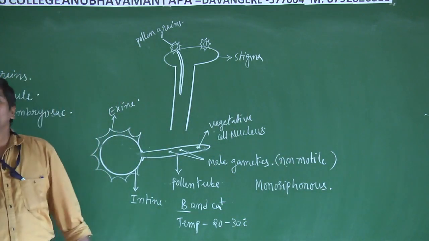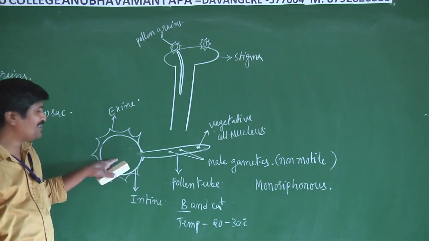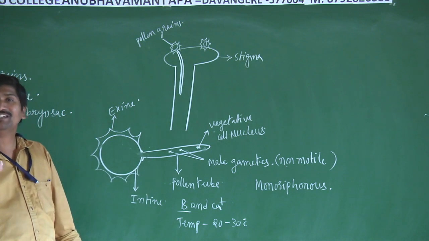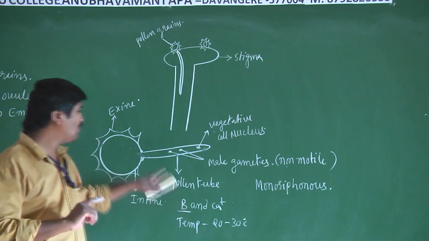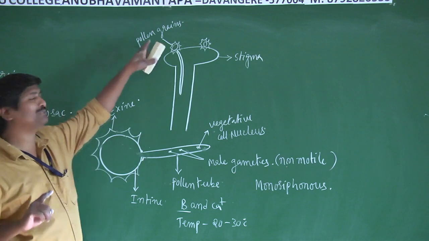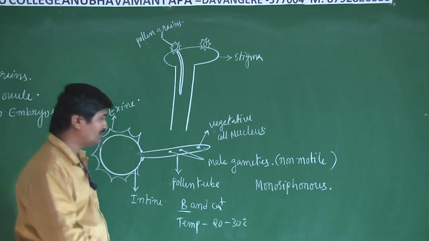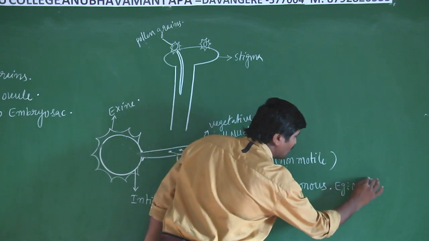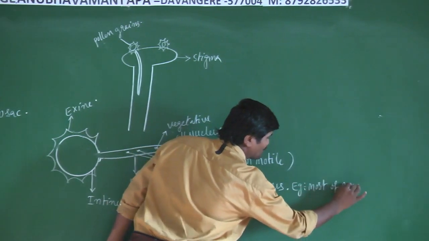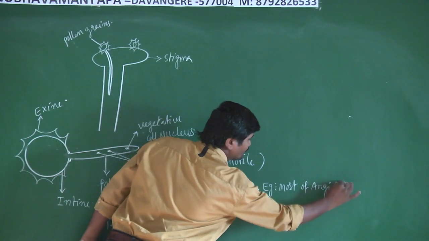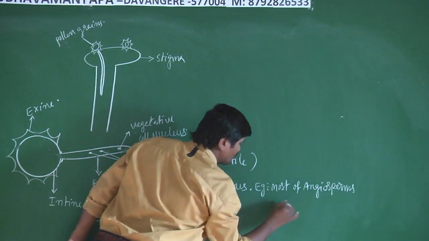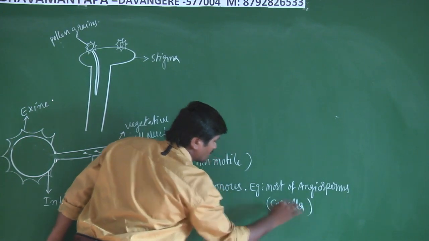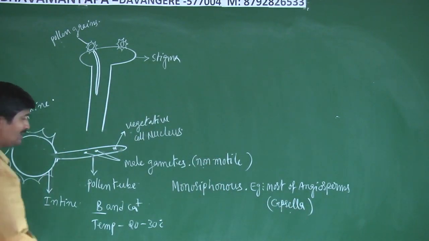That condition is known as monosiphonous. Monosiphonous means the pollen grain contains only one pollen tube. It is seen in most of the angiosperms. Only one pollen tube is developed from each pollen grain. One of the best examples is the capsule. Next one,